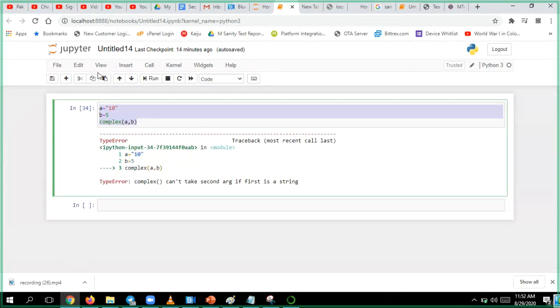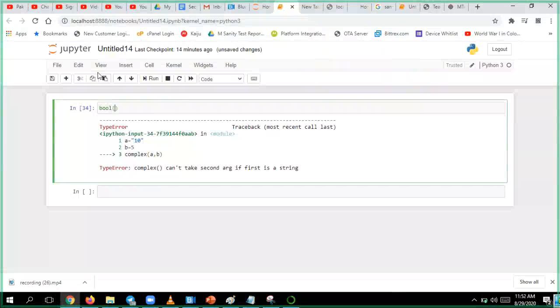Now let's try to convert into boolean. Anything you can convert to boolean. Boolean means converting anything to true or false, when a condition will apply. We will use it later, during our operators, where it will be more useful. What if I have 0, whether it will turn into true or false. Let us see.